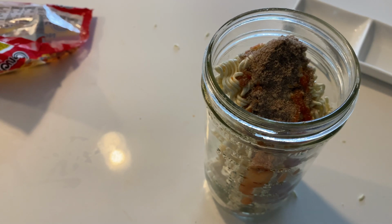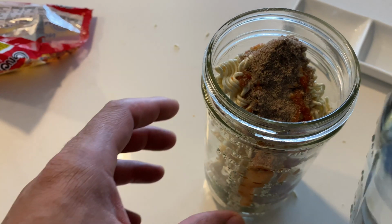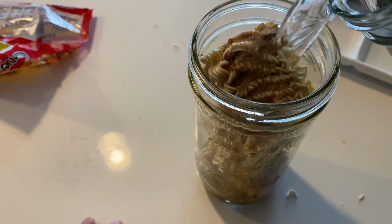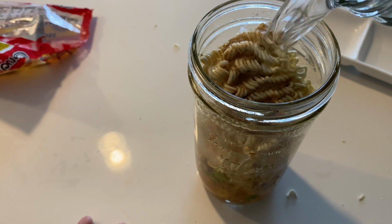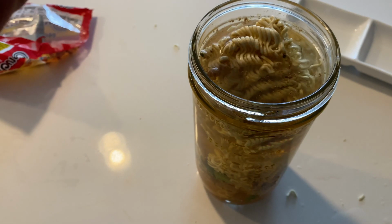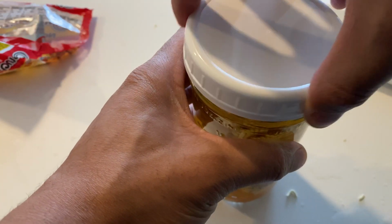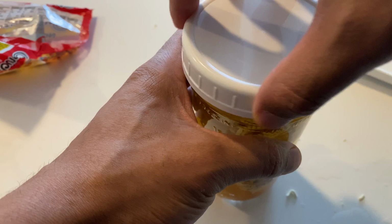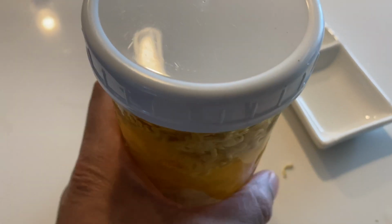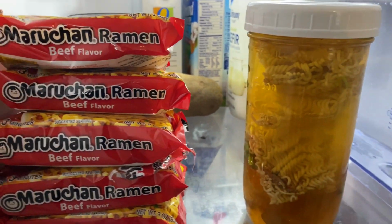All right. And then I'm gonna take the room temperature water right here, and then just gonna pour it on top. Just like that. Pour it all the way up to that, like that. And then you're gonna take the top, twist the top, just like this, and then put it in the refrigerator. So I'm gonna go ahead and open the refrigerator, take this, put this in there and leave it